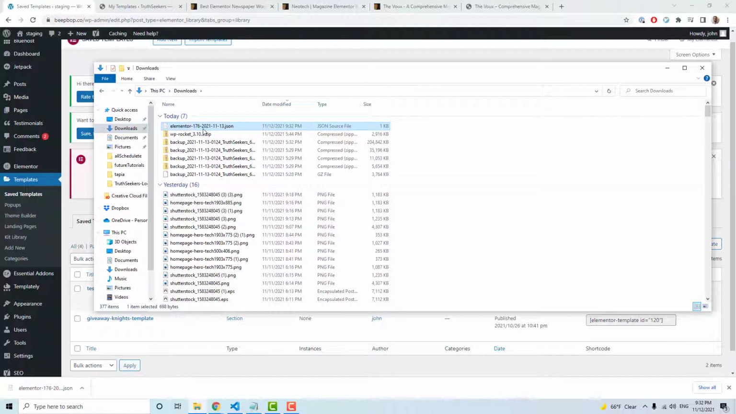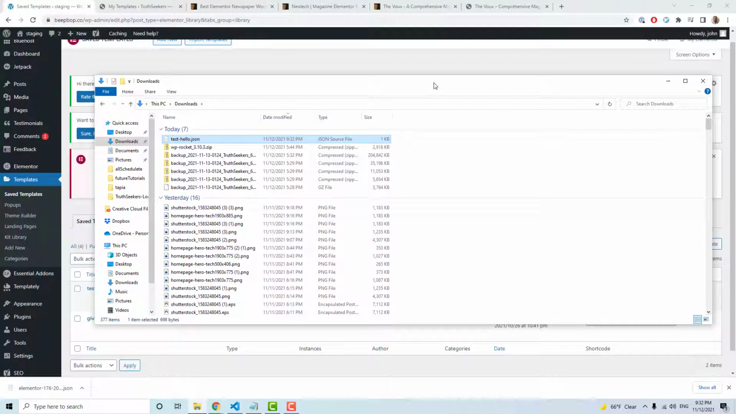So Elementor 176.21.11.13. I'm going to try to rename it test-hello. Okay, and hopefully that didn't break anything. I don't think it did, but okay, so we have it exported, and that's how you export files. So basically you would just export every page, the header, the footer, and then you would be able to create your design, and then you could package it up in a zip file and sell it or whatever. So anyway,